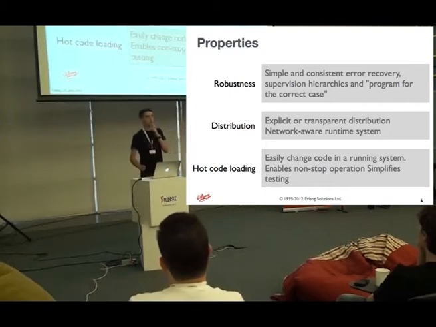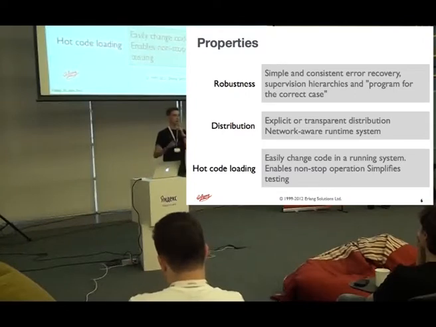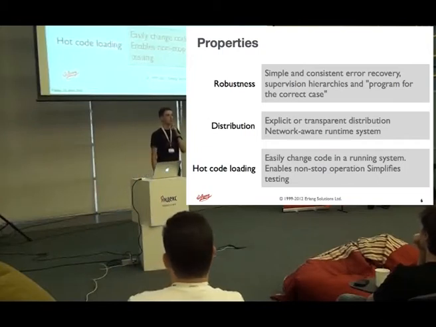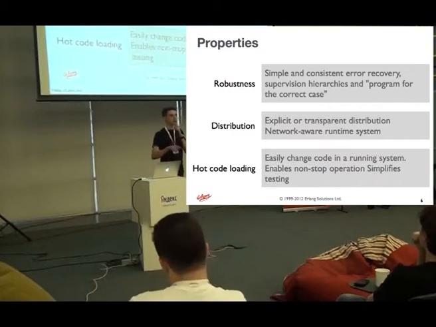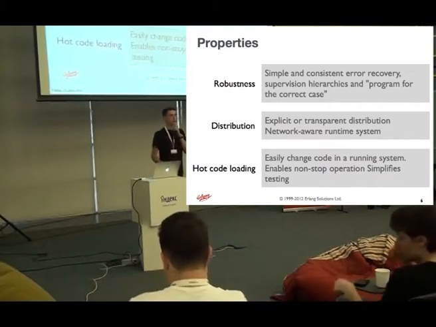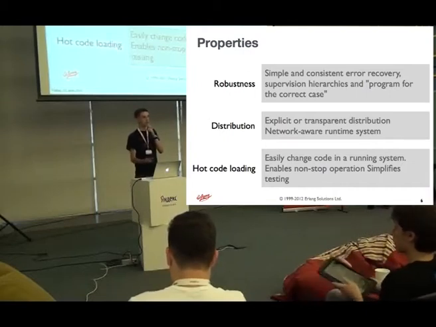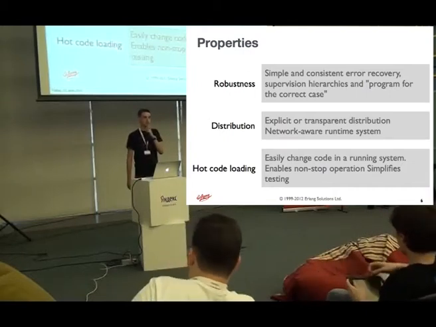Distribution is definitely one of those. It is built into the Erlang VM. It's relatively easy for a programmer to communicate between the nodes in a cluster, in a ring. So systems like Riak, a distributed database, are relatively easy to build. At least the distribution layer of it is very nicely expressed through Erlang syntax.